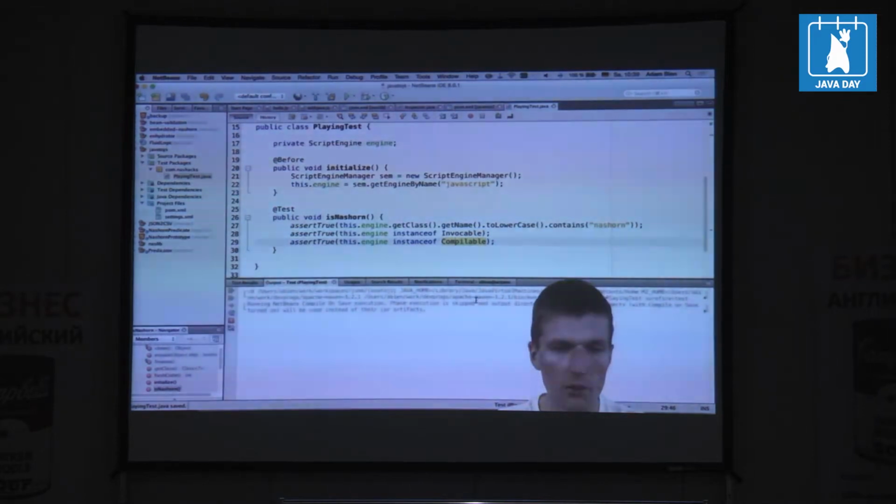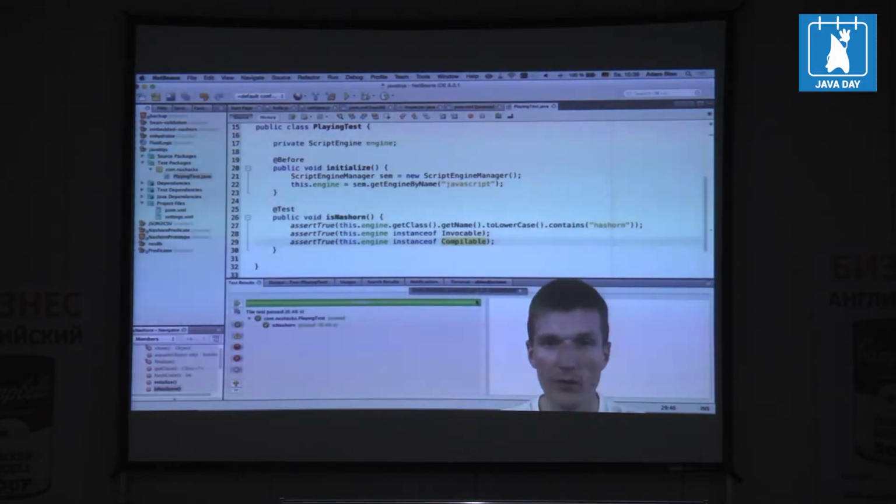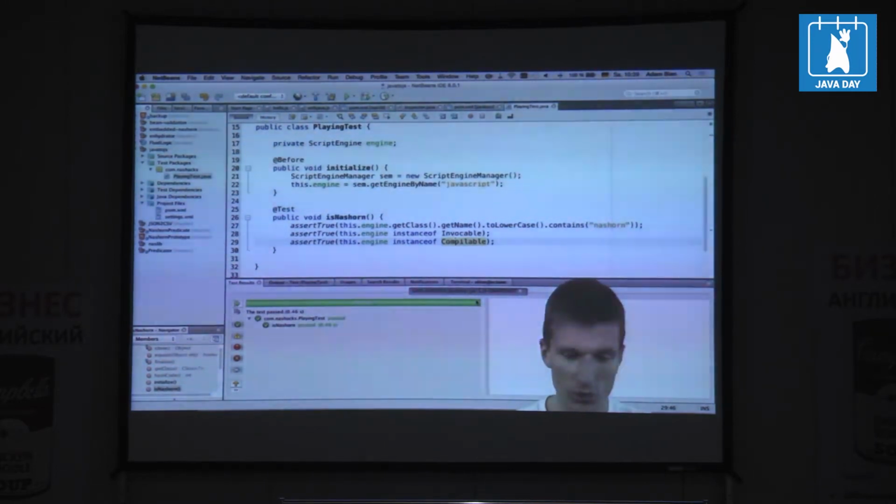interesting. By the way, I forgot to mention, whatever I'm doing right now, it comes with Java 8. No external dependencies, which are particularly interesting to me. As you know, war should be small and lean, and deployment should be fast. And Nashorn is absolutely compatible with this. So now let's play with